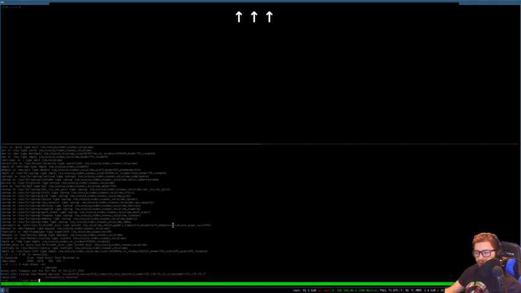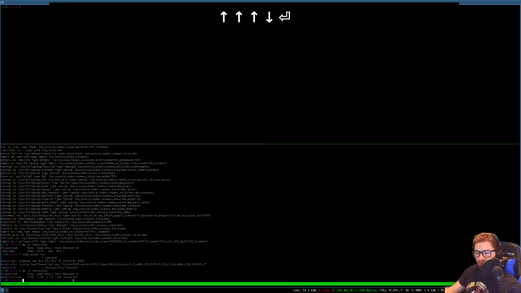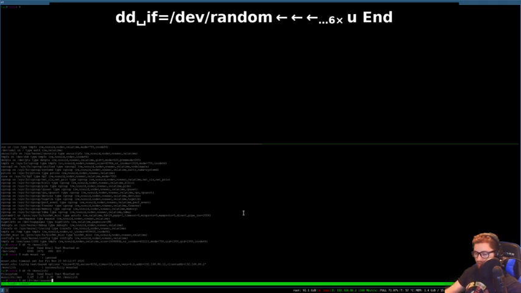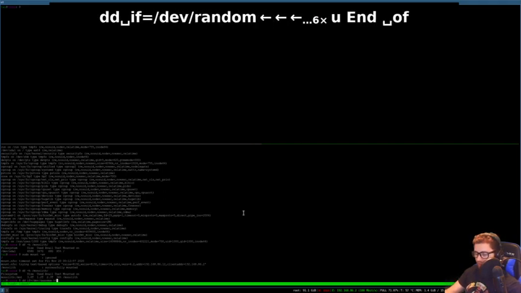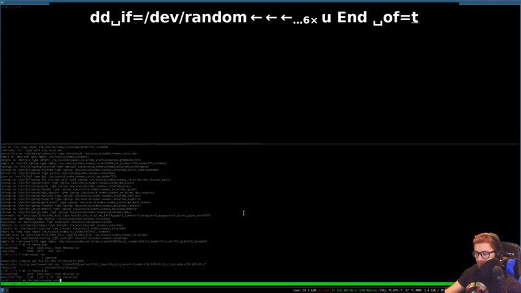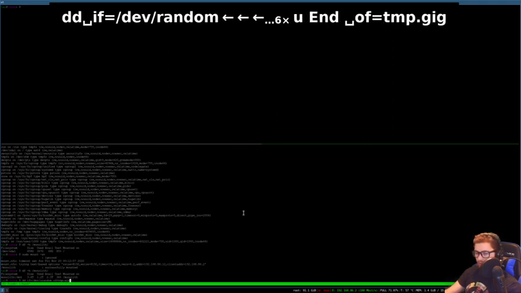All right, so now I should be able to do df -h, and as you can see, it's mounted over NFS. Let's create a large file right now. So I think the way you do that is dd, the input file is /dev/zero. Actually, let's just do /dev/random. There's no network compression happening. Actually, urandom might be a little bit easier. /dev/urandom, of equals temp.gig